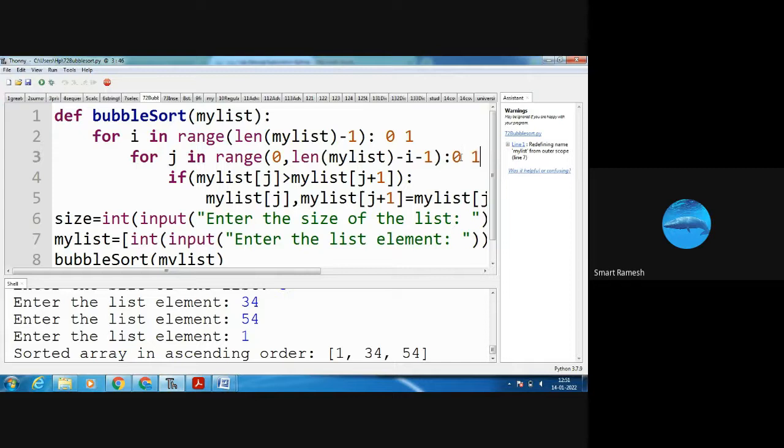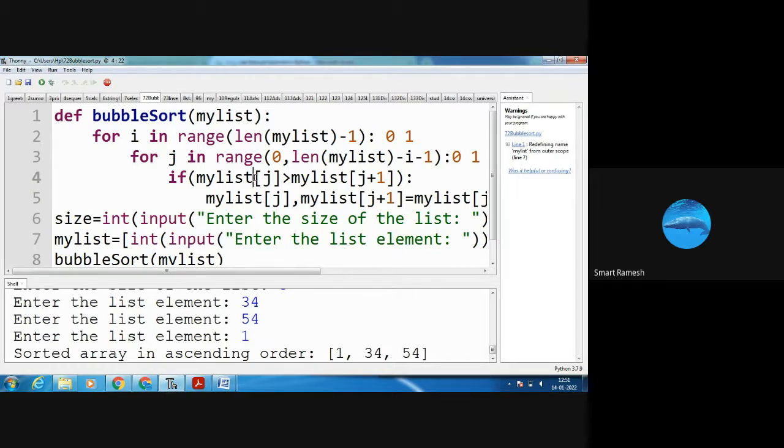1, that is the j value. Here I am comparing with j. Here what is j? j is 1. Okay, j is 1. I am going to check my list's second element. The first element is at 0, and j is the next.